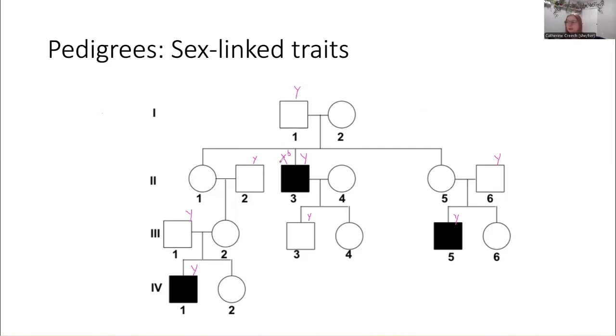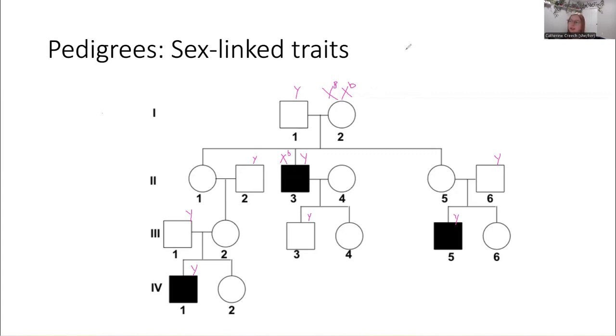That means that this person inherited the recessive allele on the X chromosome from one of their parents. I know that it's going to be from mom because dad already gave the Y chromosome. So he inherited his Y chromosome from the dad, not the X chromosome. That's what made him a male. So that means that mom has to have at least one little recessive allele, but because she herself is not expressing the recessive phenotype, I know that she is heterozygous for